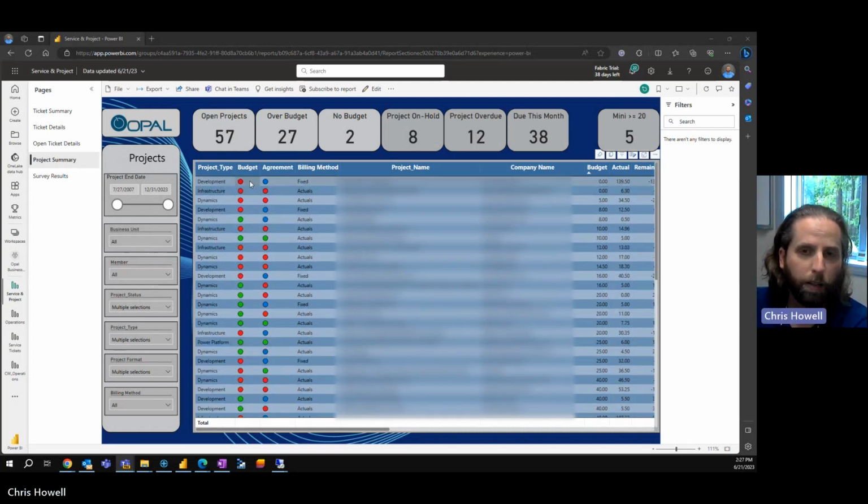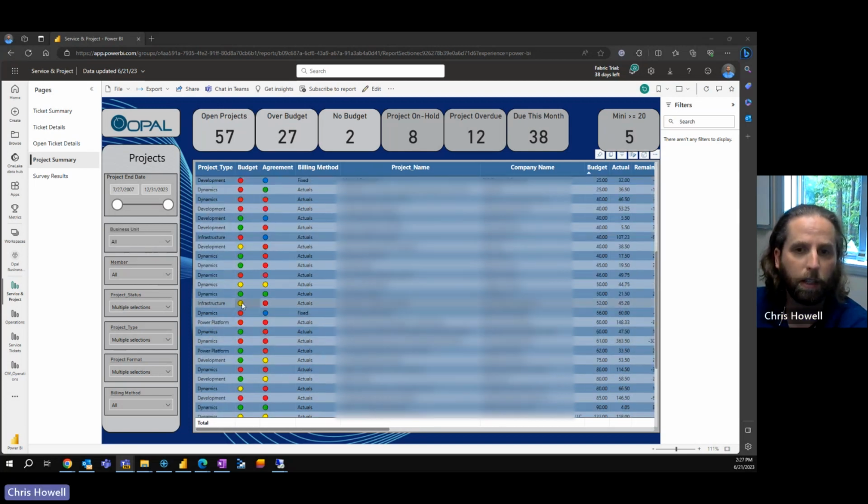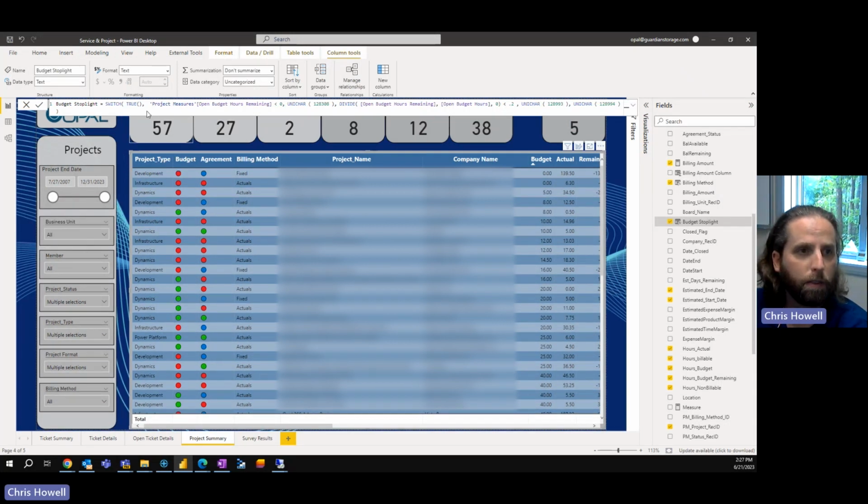Simple. Red, behind on budget. Yellow, less than 20% remaining. Green, we're good. The way we build this, I'll show you inside of Power BI Desktop, is we built a